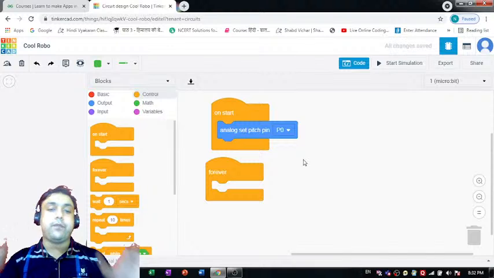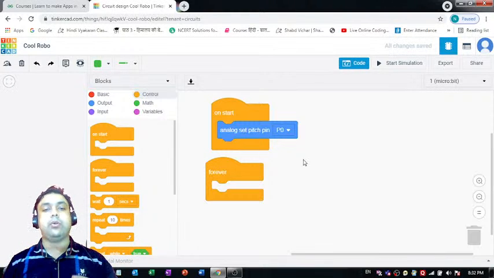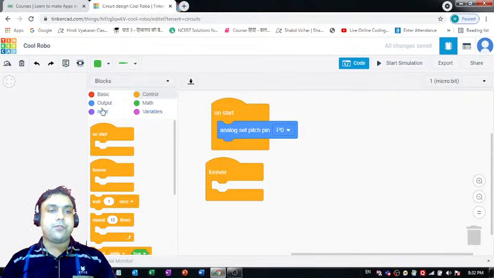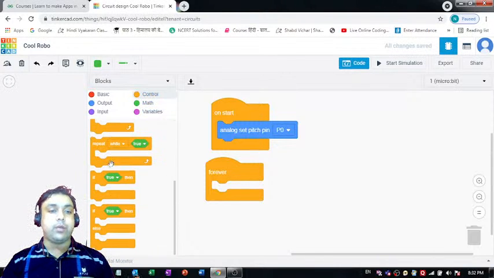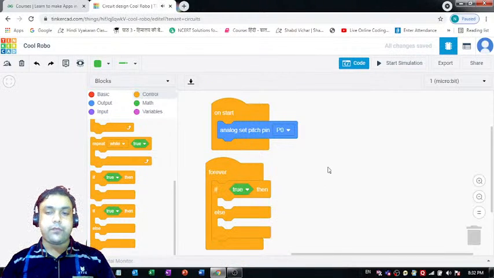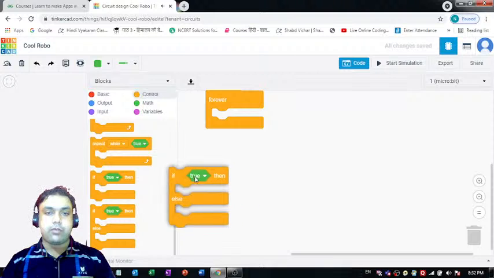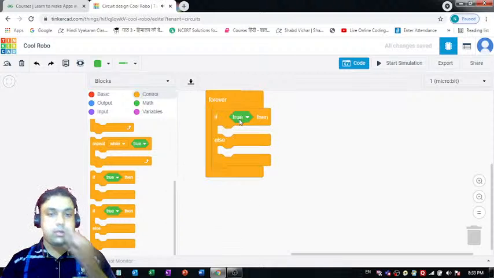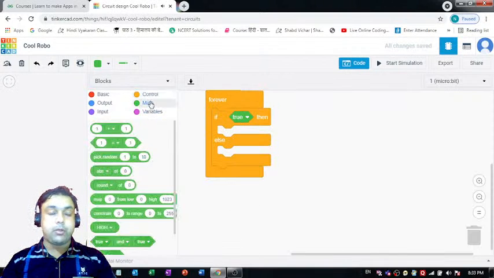Now let's define a condition first on the basis of which I would like to execute a statement. So let's make use of the if control statement. I think that's the one which will help us in getting the required output. So I'm using this if else, and in place of this true, let me come on this math operator. From here we can pull